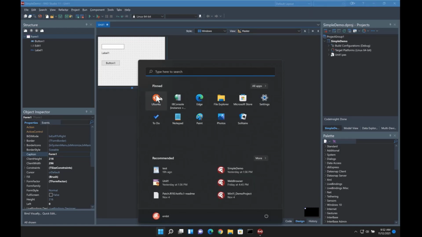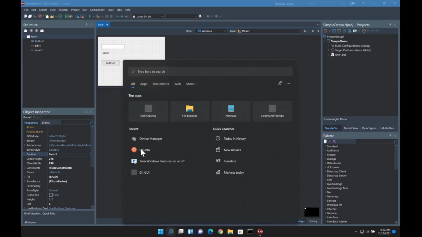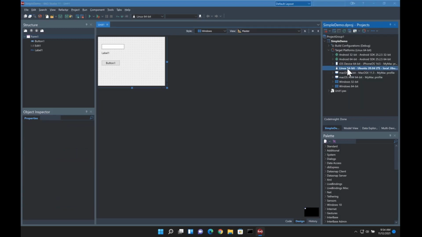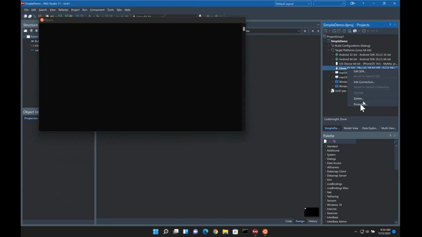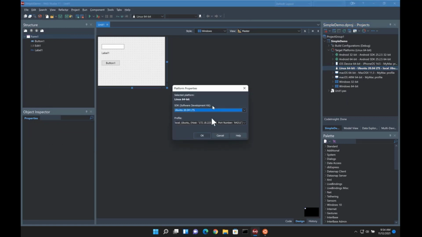So, Windows Subsystem for Linux. Here, I've installed Ubuntu. I just wanted to show you very quickly how this sets up and runs, and how to open up Ubuntu. The thing I was going to show you from the IDE is that under the target platforms with Linux, you can set your properties to point to a local distribution. Here, this one is set up with this IP address and this port, which was what it was last time it ran through.